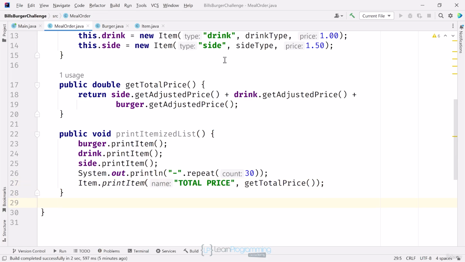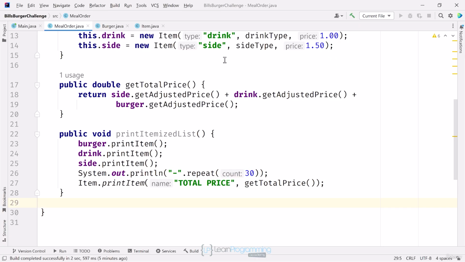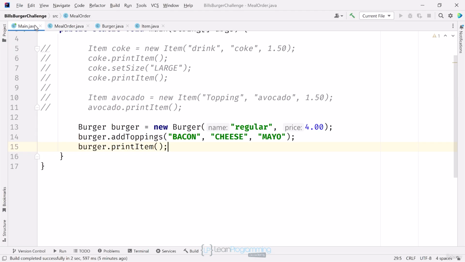Because everything's really an Item, I can call the printItem method on all the parts of the meal. And I can also use that static method on Item to include a total price after I print another 30 dashes to separate the total from the itemised list. I'm finally ready to create a meal now with this class. Going back to the main method on the main class,